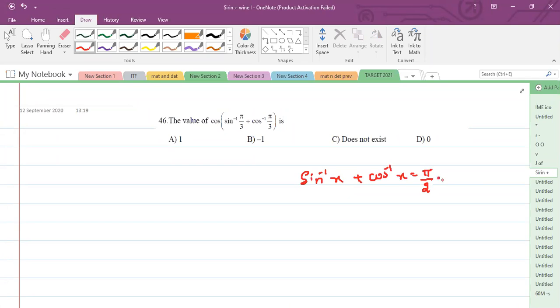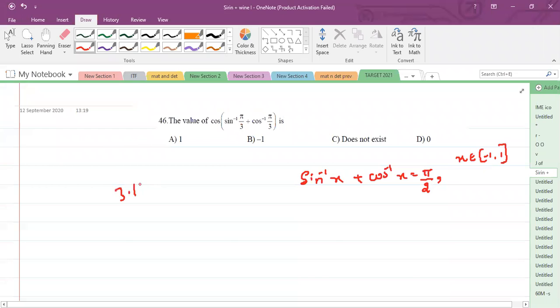While teaching inverse trigonometry, we say the values you are writing beside this will be very, very important. That is, we write x from -1 to +1. Sine inverse of pi by 3: pi is 3.142, and 3.142 divided by 3 will definitely be greater than 1. Therefore, the sine inverse function will not be defined for those values.